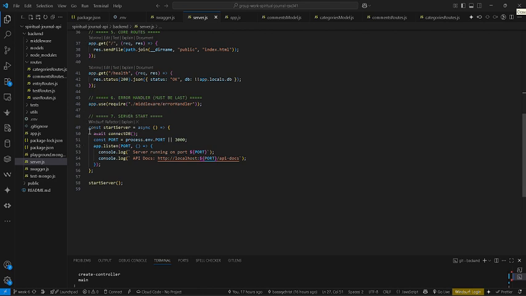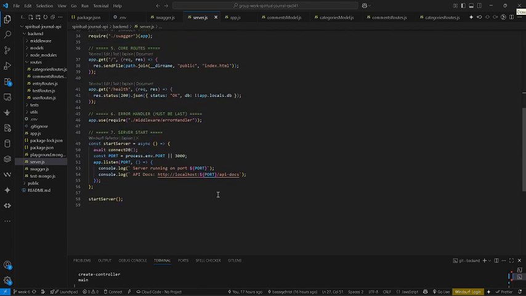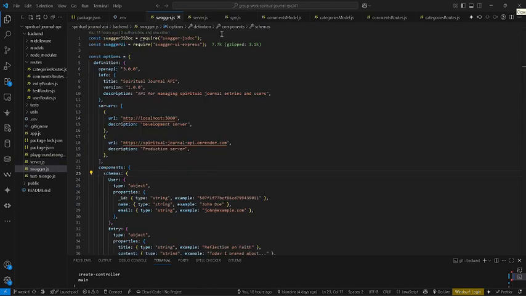This is what we do to start our saver or saver starter. Then it has been started on localhost for the development process, and it could also be started in the remote environment on our Render. So let's hit that. Okay, this is our swagger.js file for our API documentation, and over here we could see